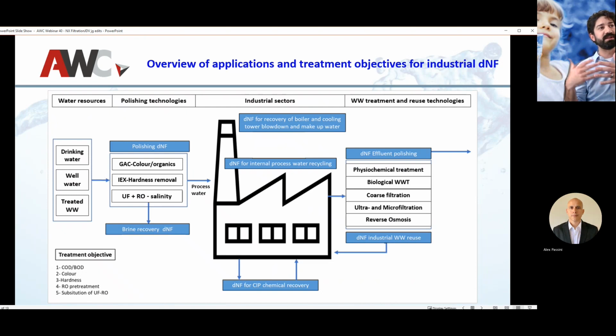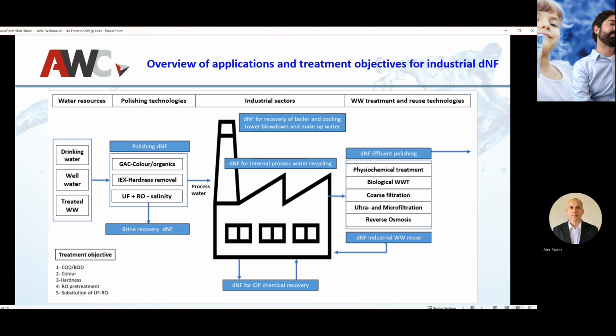Of course, we've used it, and if you move towards the top center, we've used it for boiler and cooling tower blowdown, internal process water in different industries. The DNF can be applied for chemical recovery as well. We have one off the top of my head, I know we're doing a caustic recovery. And then on the back end of the plant, either for reuse or for effluent polishing, you can use the